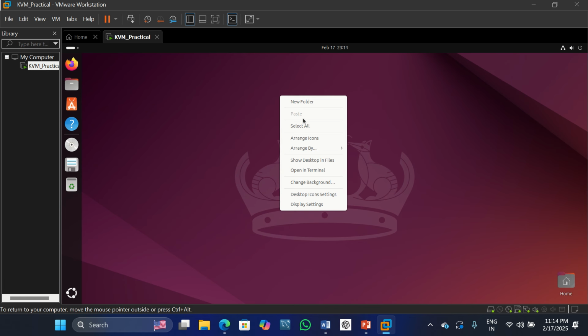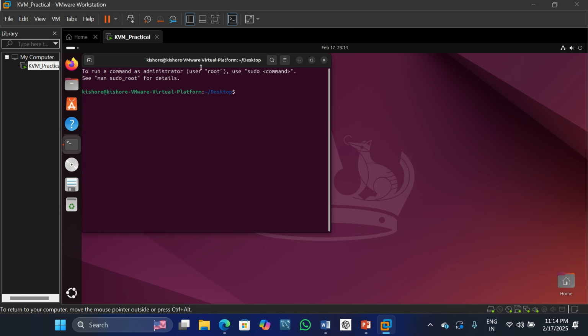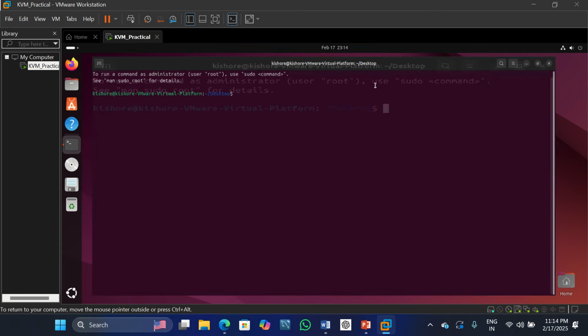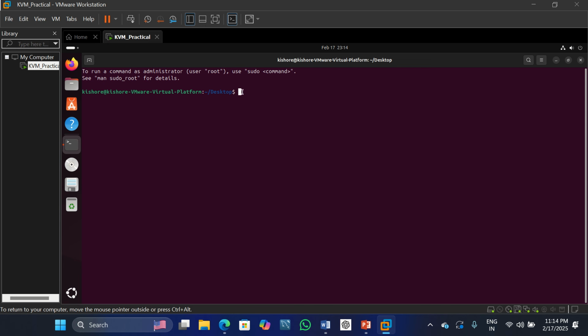Okay, right click, open in terminal. Now just maximize. Okay, keep your cursor here. Type sudo apt update